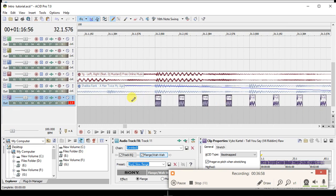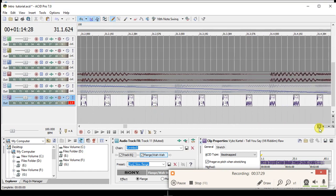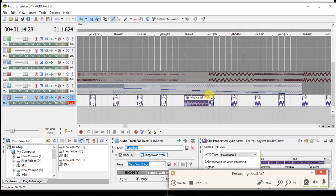Yeah, something of that sort. So what at times I usually do, I'll just come over here, make it -1, +2, -2, +1, -1, -2, -3, and then we play it and listen to it. Yeah, so that it's like it's going up, going down at the same time. And then come over here, increase the size,